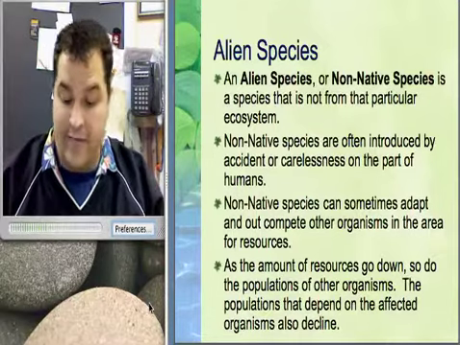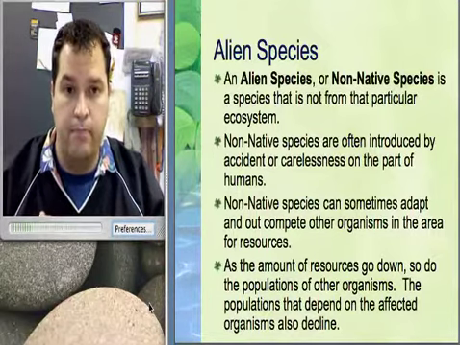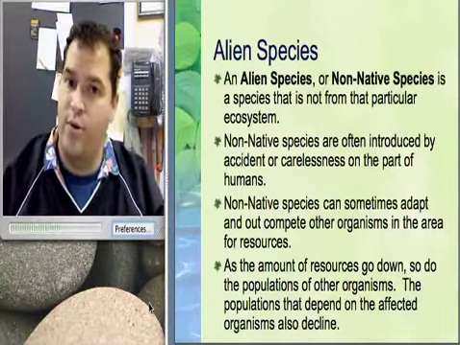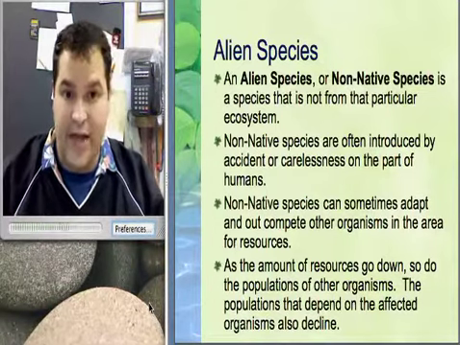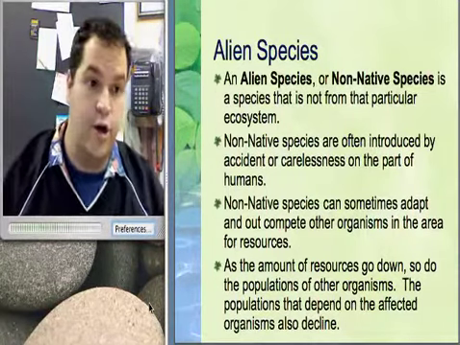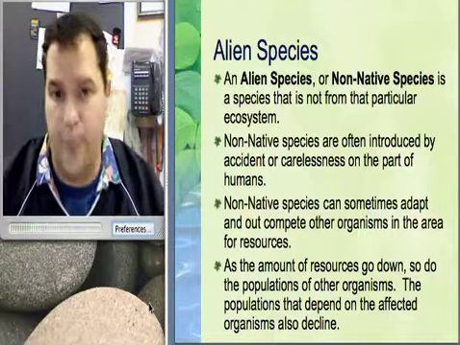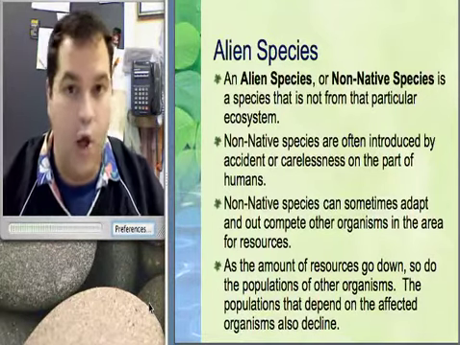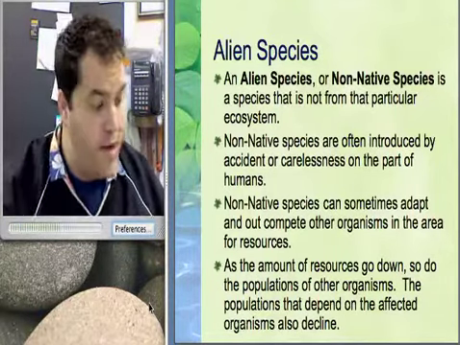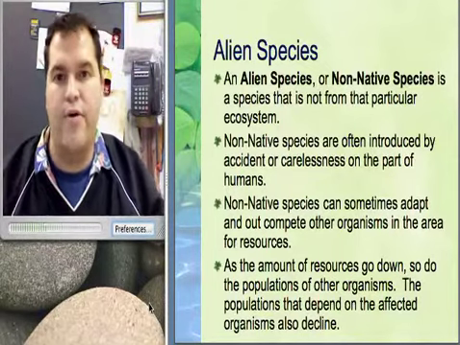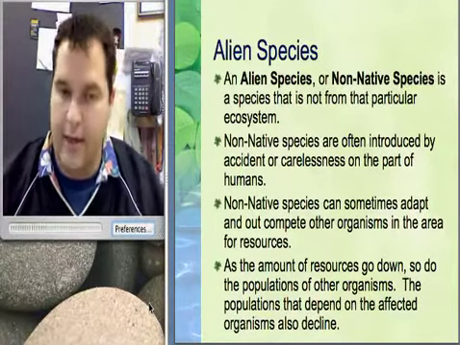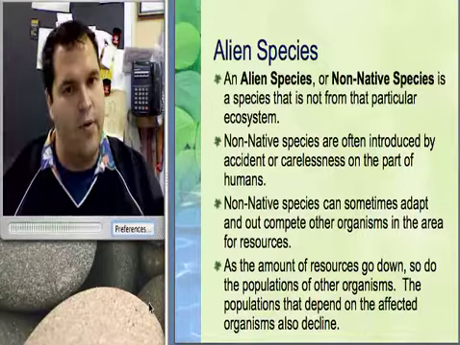Well, right now we have two things we can do. We can either try to remove them, and it's hard to do because then we have to remove all the offspring, and that's pretty tough to do. Or we could go to Europe and find the natural predator and bring him in. But the problem is we don't know what he would do. So if we bring in the natural predator, the zebra mussel, how do we know it wouldn't further destroy the ecosystem? So now we're in a bit of a problem.